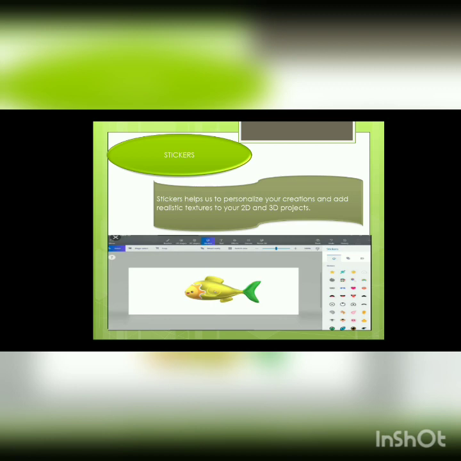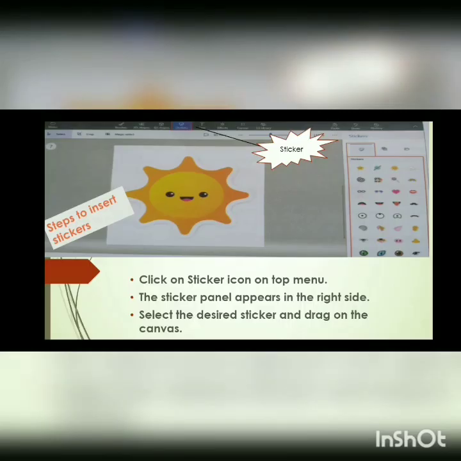We can add any sticker from the list. We can add more than one sticker and do the editing. We can change the color of the object, change its shape, and turn it in a different direction. Now we will learn the steps to insert the sticker.